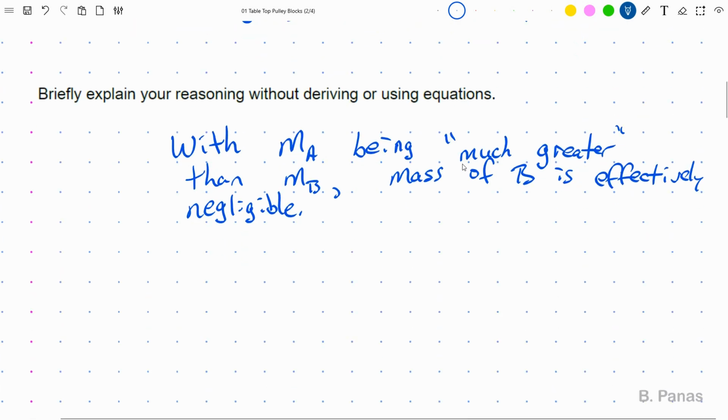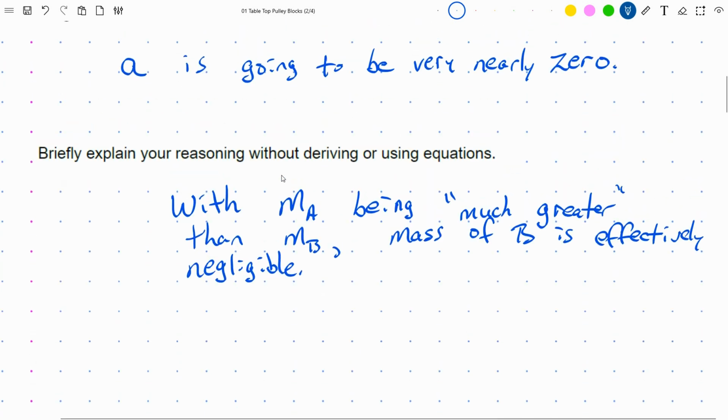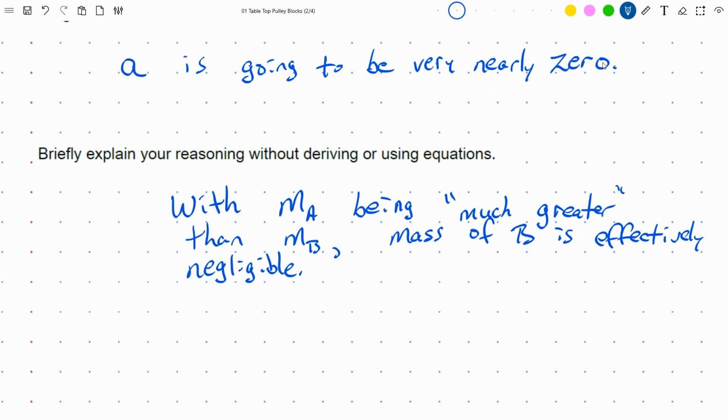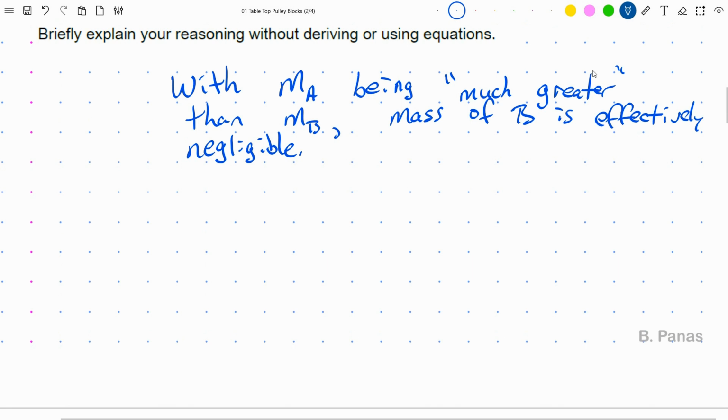Okay, so with that said, I have to make sure that I explain what my actual answer was. I don't think I've done that yet. I think this is an important starting point, but why is it not going to accelerate? Or why is the acceleration going to be so nearly zero? Okay, so the mass of B is effectively negligible. This means that